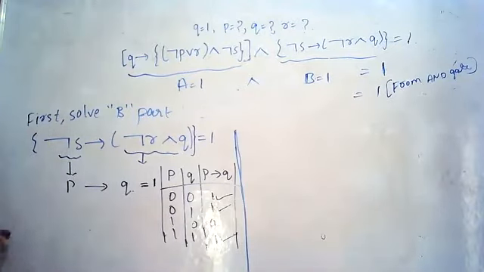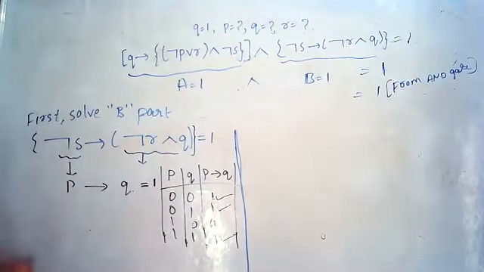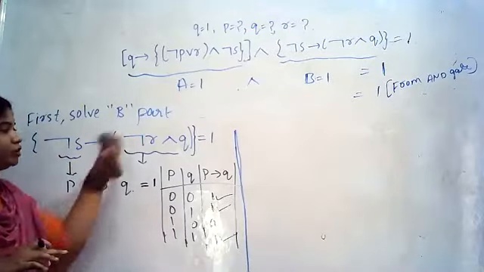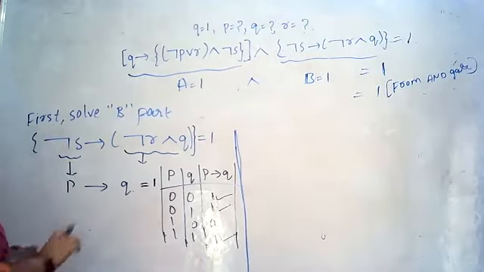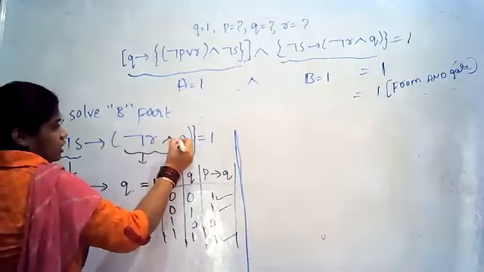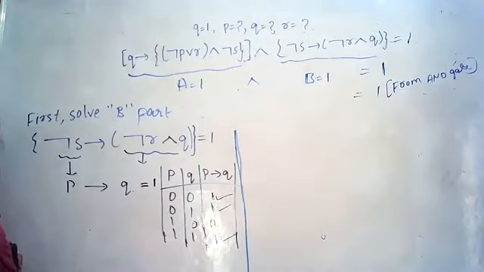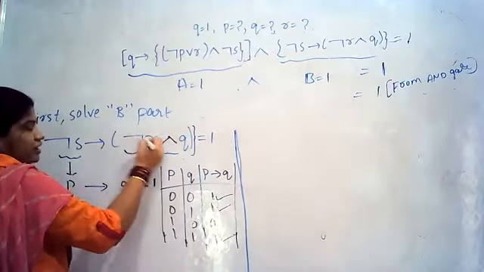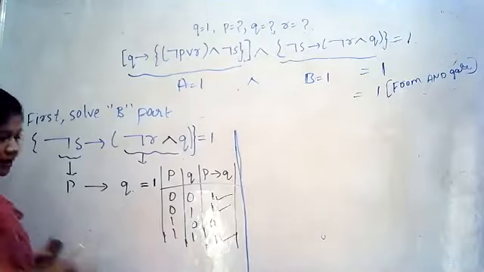Now, okay, first we'll solve the common bracket. So here, what value have they given us? They have given us the value Q is equal to 1. Then we have a conjunction. We have negation R here. We need to find out what is R. Or else wait, I think somewhere I had my mistake.